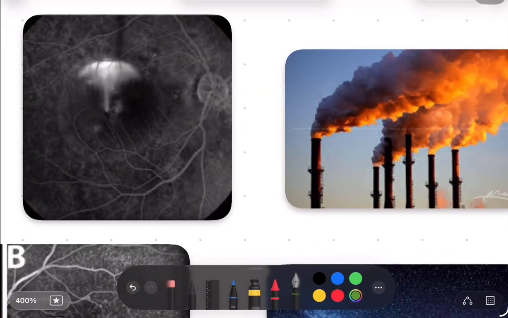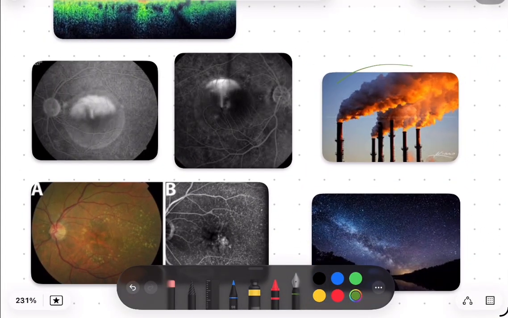So as a reference, smokestack being this. I thought of putting an atomic bomb going off, but I thought that would be too much for this video. So factory smoke coming out, the smokestack pattern, which you can see over here. Again, this is FFA images, okay? Or you see a cute little mushroom. So if you see a smokestack pattern like you see here, or you see a mushroom pattern, then that is